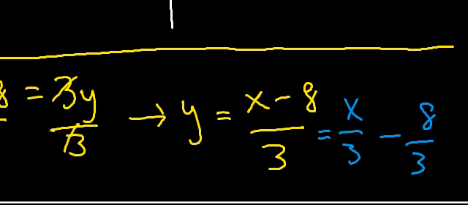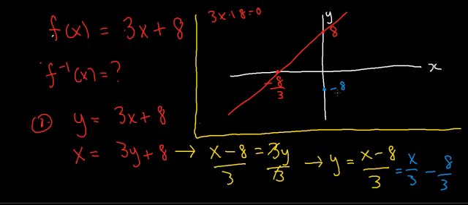So we can write it closer somewhere over here. And the x-intercept is when this is 0, so x is 8. So draw 8 somewhere here. So if you join these two together,